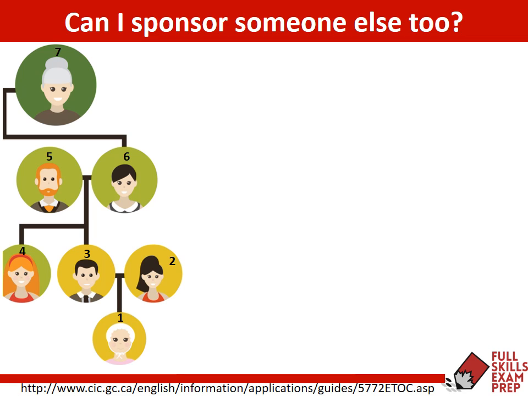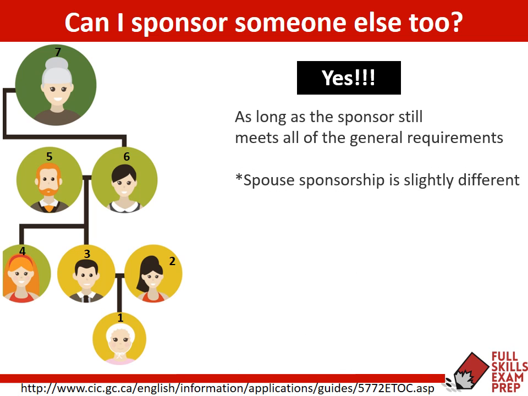Now, I'm going to bring up a point here just because a lot of people ask about this during the seminars. And that is whether or not a person who sponsored, in this case, a parent or grandparent, has to wait 20 years to sponsor someone else. The answer is that, of course, a person can sponsor as many people as he wants, really, as long as he meets those requirements. Let's say, for example, you have a scenario in your ICCRC Full Skills Exam where a person sponsored his parents and then wants to sponsor a spouse 5 years later. That's not an issue at all.